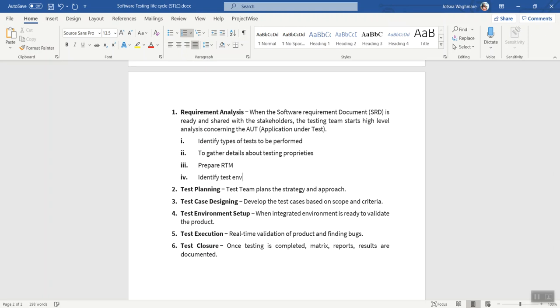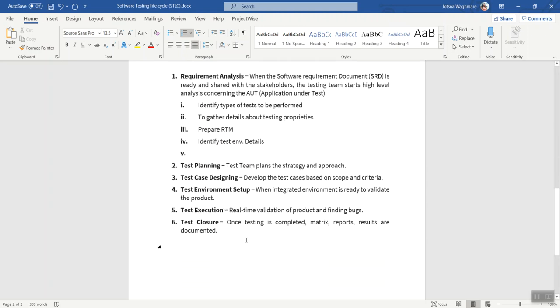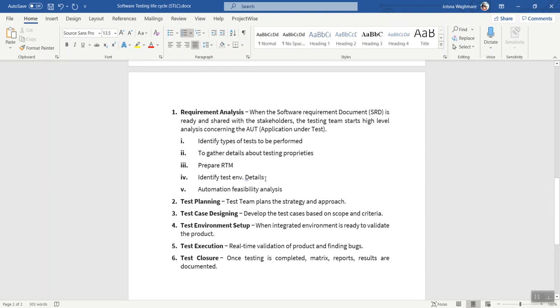The fifth activity is automation feasibility analysis. So these are the main activities which come under requirement analysis.